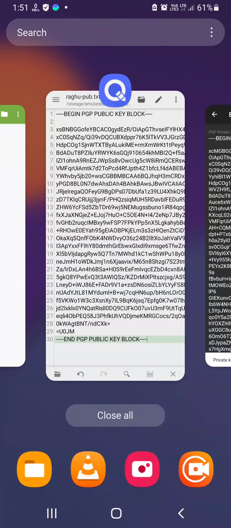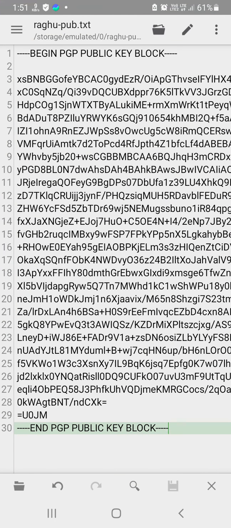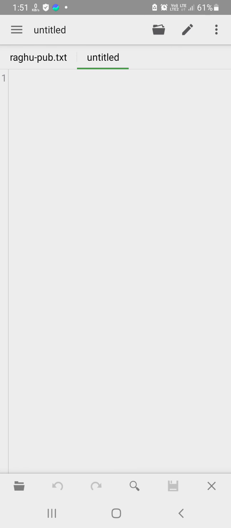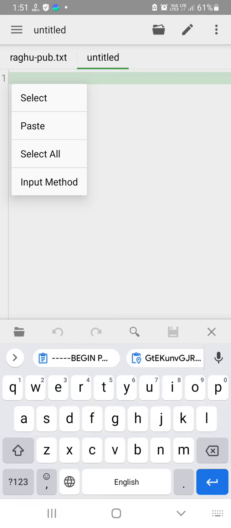Now let us go back to the text editor. I am using QuickEdit. You can use anything. Now let me select new, and now long press and then paste.